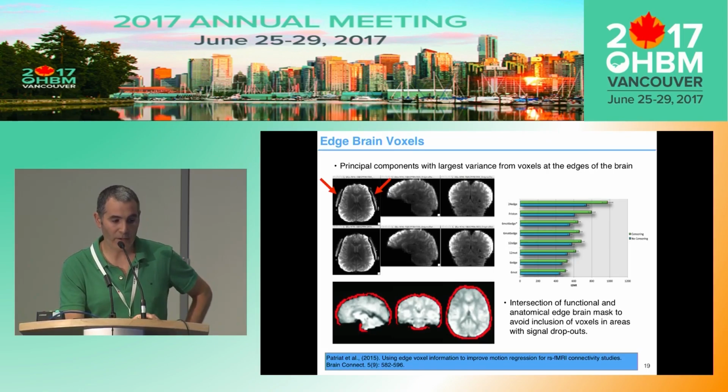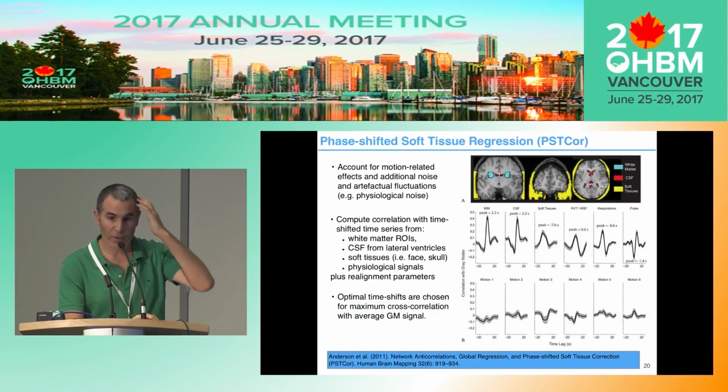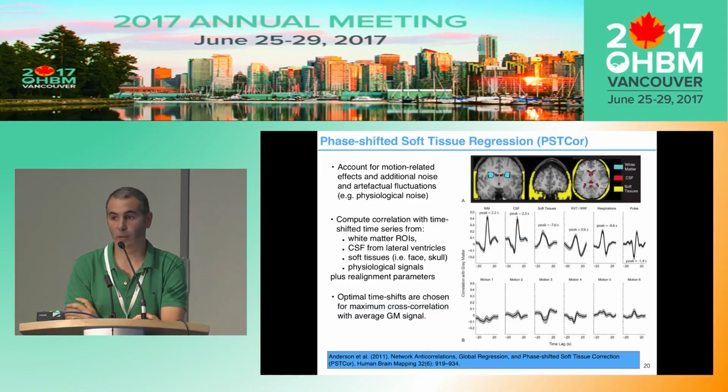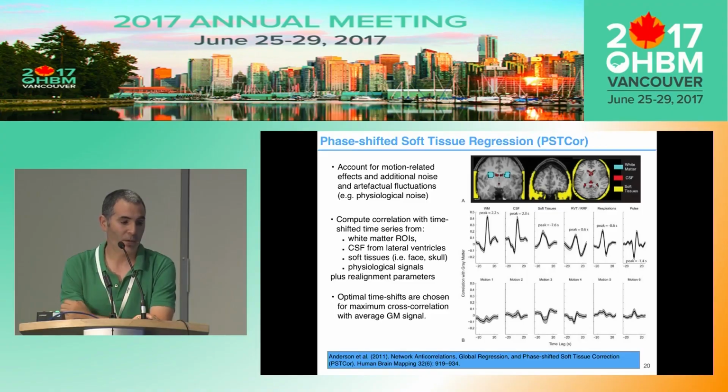In that case, it's very important to realize that there are some areas with signal dropouts, so the mask for the brain voxels should be the intersection between the functional and the anatomical image. But those previous methods try to explain motion-related effects. There are other methods that try to account for motion-related effects and other types of noise or